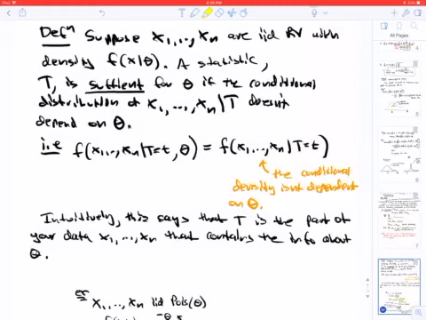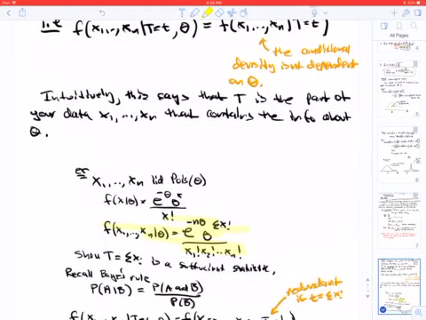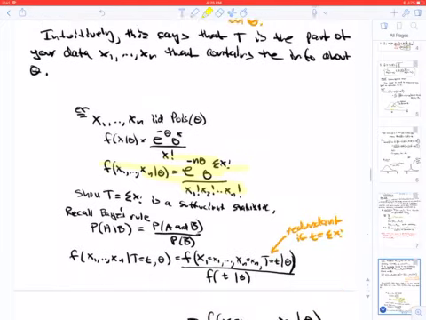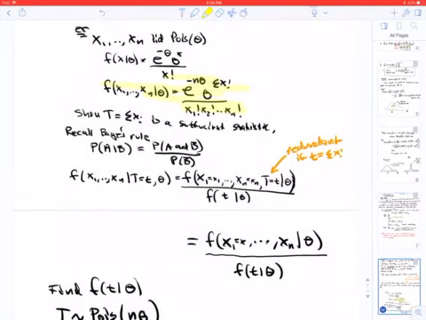So I guess another way to think of it is that T contains all the information necessary to estimate theta. So let's just take a look at an example and you'll see what I mean. So if you have x1 to xn IID Poisson, okay, so here is the